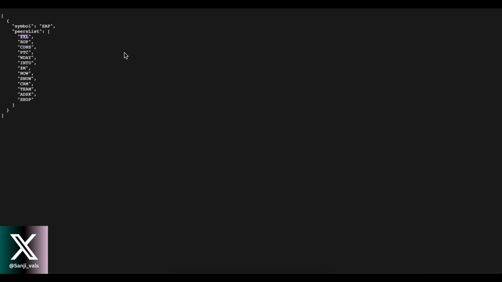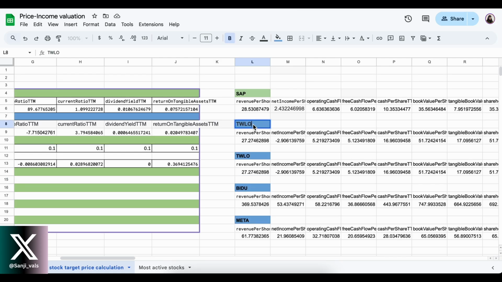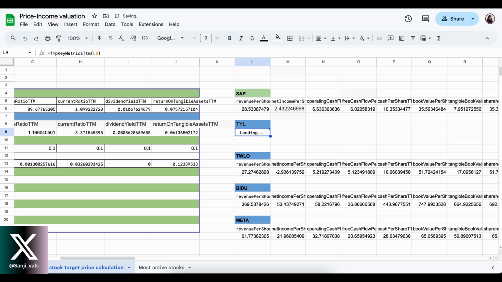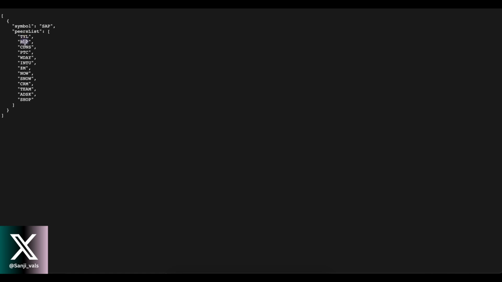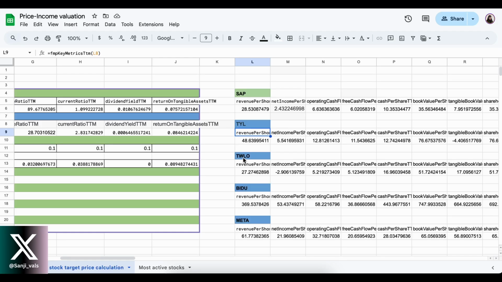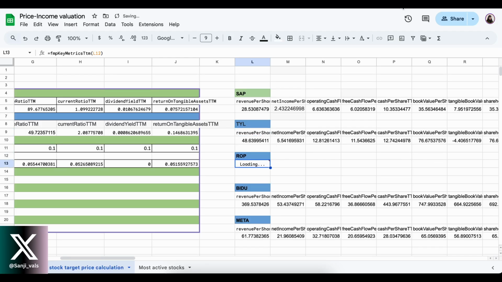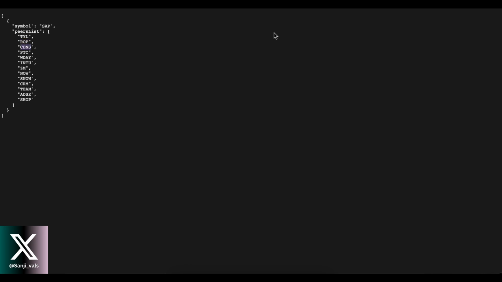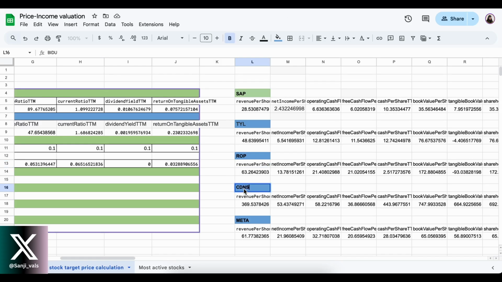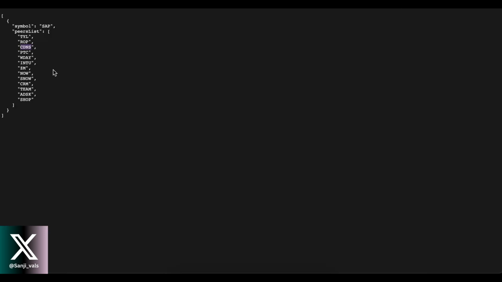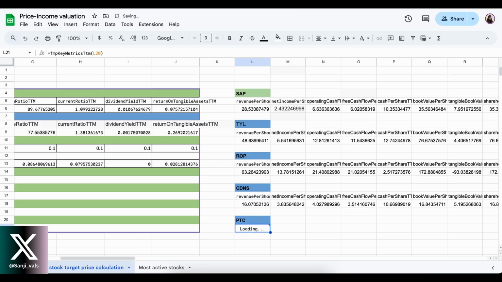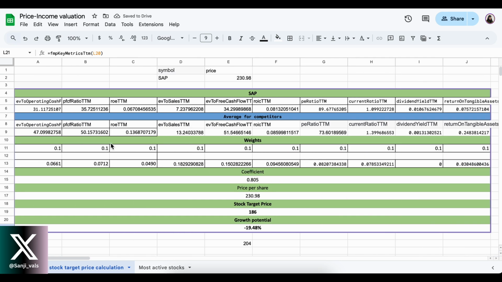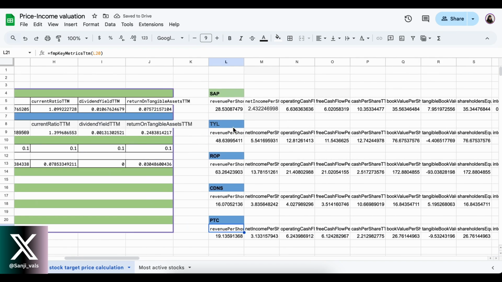Let's take the first 4, TYL, and we replace it over here. And as you can see, it is recalculating everything, extracting new data. Then let's take another peer. Then the next peer. And the last one. So this is very simple, simplified model, and you can see the averages for those ratios extracted from the closest